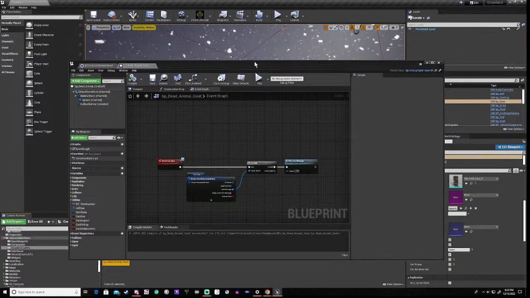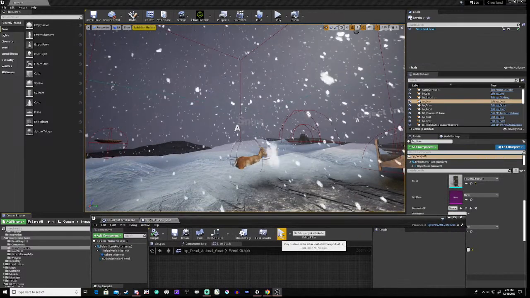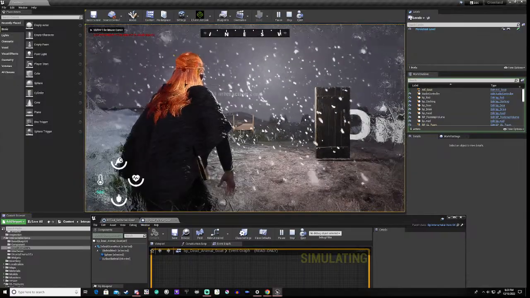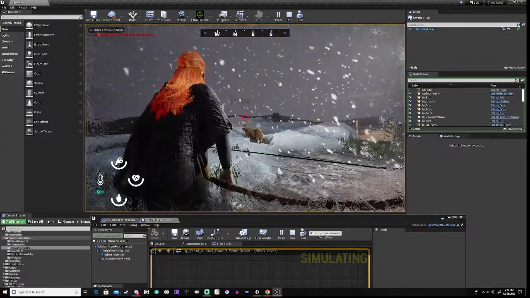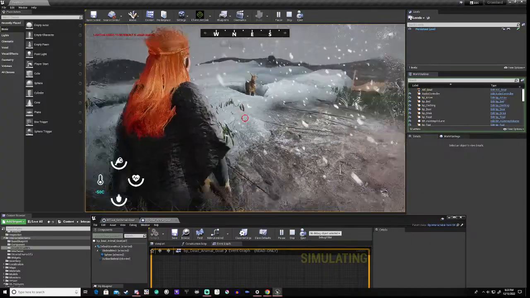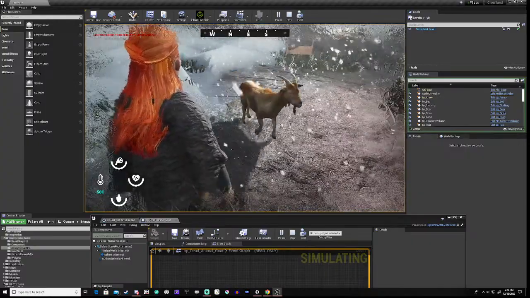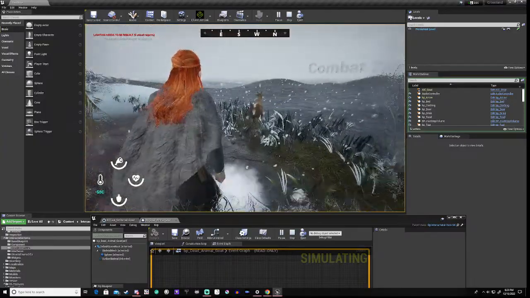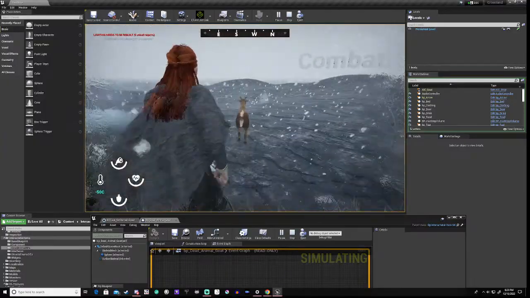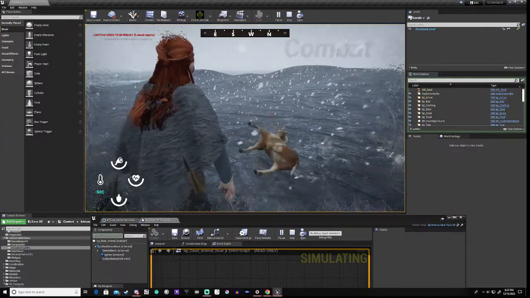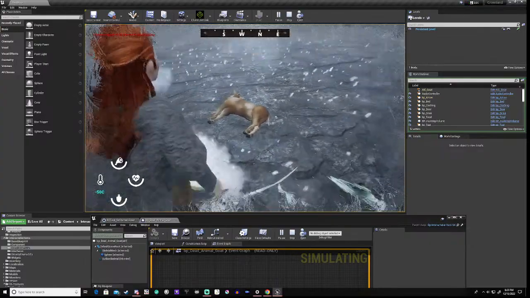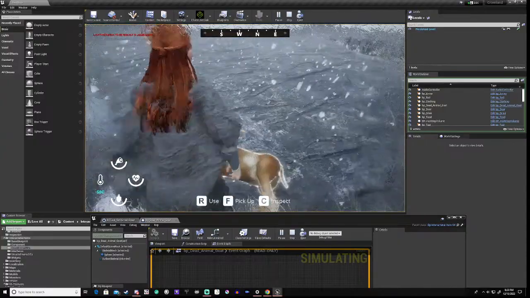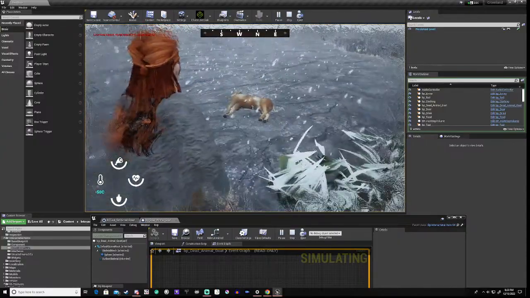Right, so we'll test that to see if that actually works. And that would pretty much be the easy way to do it. Right, we've shot it. Okay, but it still says use. Okay,